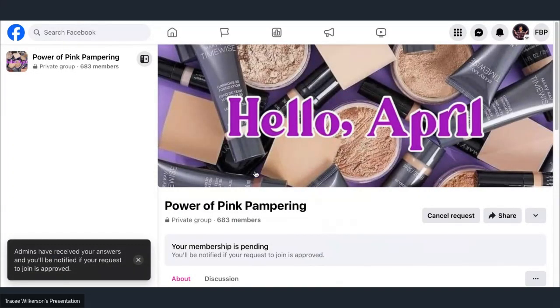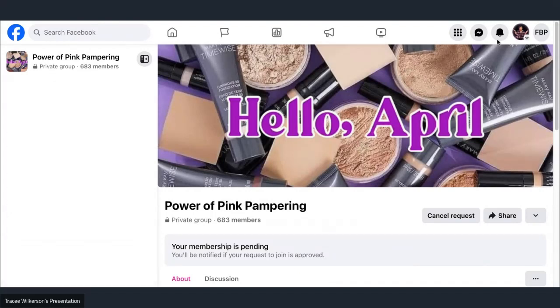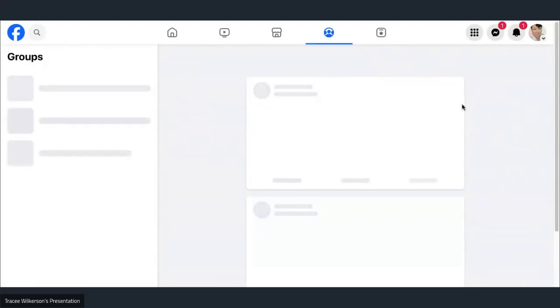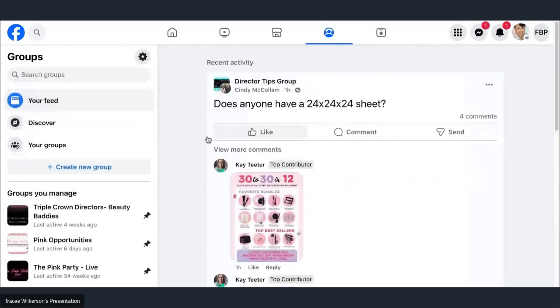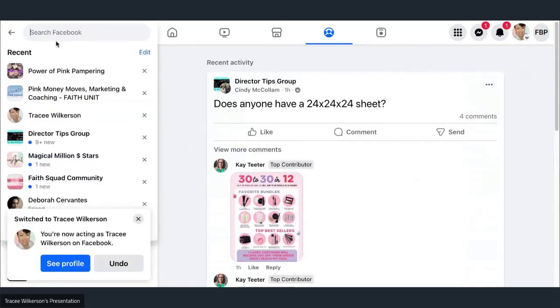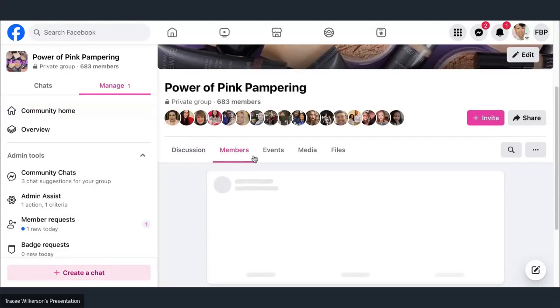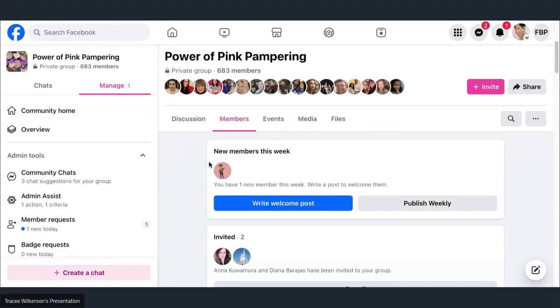All right. So now that we did that, now we've got to go back to my personal profile again. There's going to be a lot of going back and forth, because you have to understand the main profile has most control. Okay. So let's go back to Power of Pink Pampering, which is that first button there at the top left. And then what I'm going to do is, because it's probably a member request and somebody has to accept it,